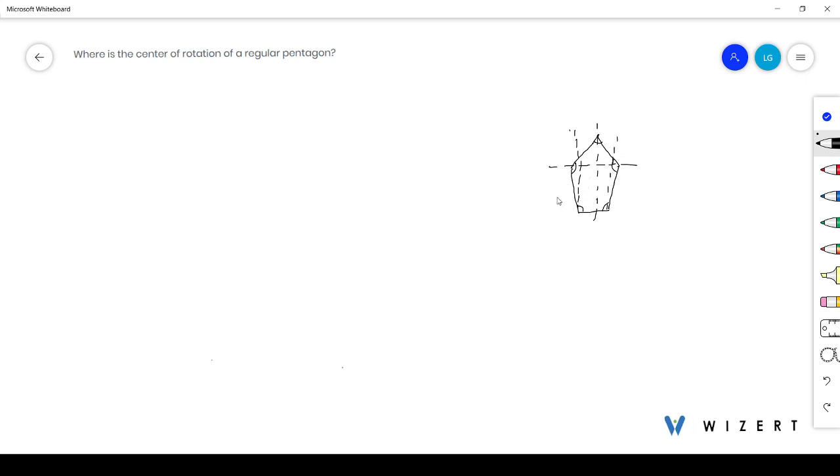Here there are 5 lines of symmetry for regular pentagon, and the center of rotation 72 degrees about the center is here. When we rotate the regular pentagon,